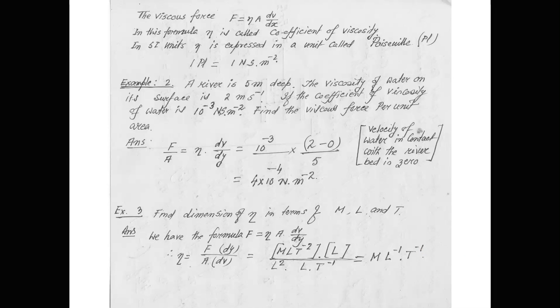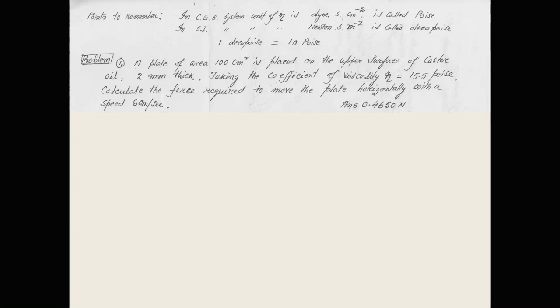Two problems are there, example 2 and example 3. There are several problems in books like S L Arora or other books. You have to refer to the section and solve the problems independently. If you find any difficulty, then communicate. Okay, next section. This is the problem, you have to calculate it. Points to remember: you can note these down.